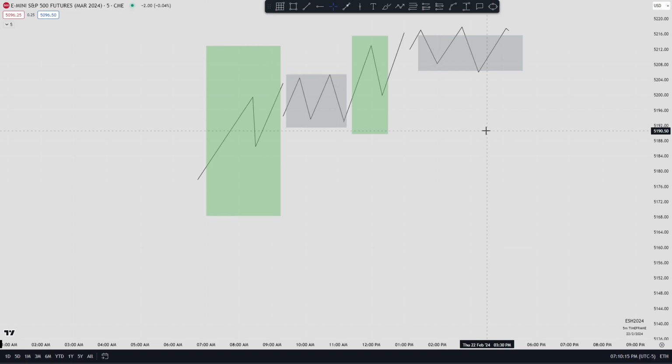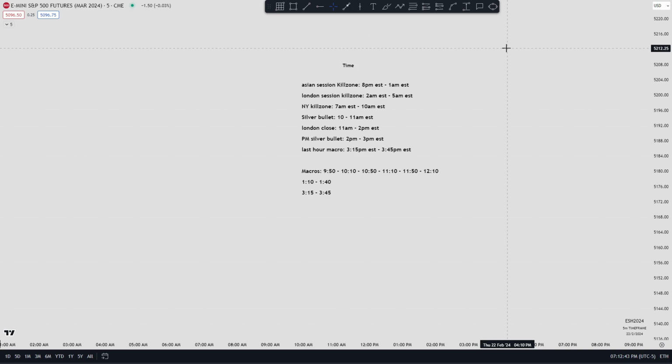If you are not aware of time and where you are during the marketplace, it's going to be really easy for you to get caught up in these consolidations. A lot of traders go into trading blind. They don't know the optimal time to trade in, so they end up trading at any random point of time of day, and they end up getting caught in these consolidation phases, meaning it's going to be a lot harder for them to actually find success because they're trading at the wrong time. It's important that when you're trading, you want to trade at the right time according to the right pair. It's important that you guys take note of these times.